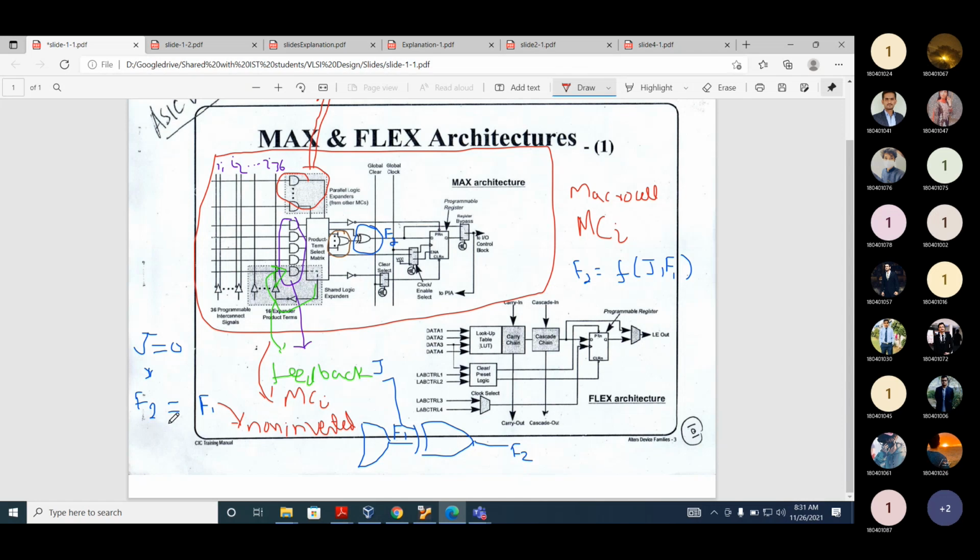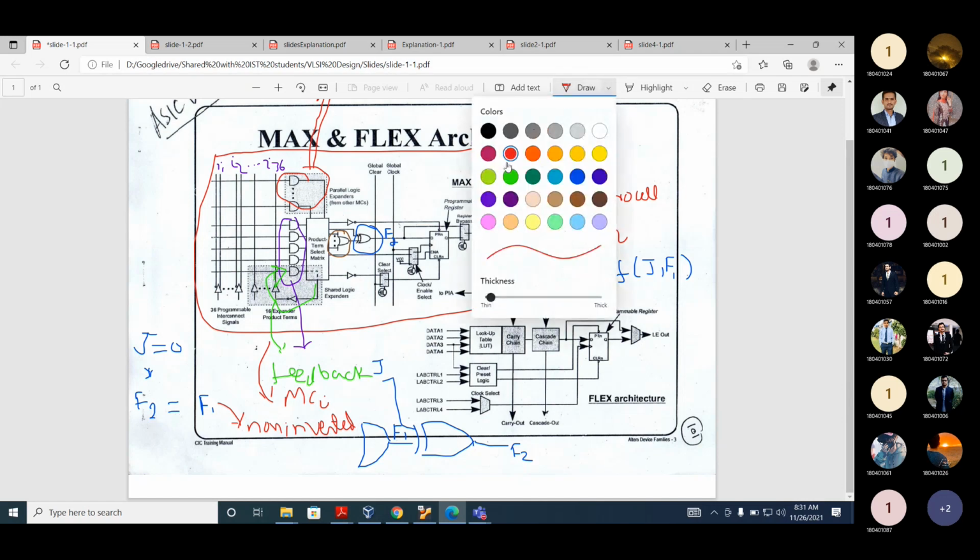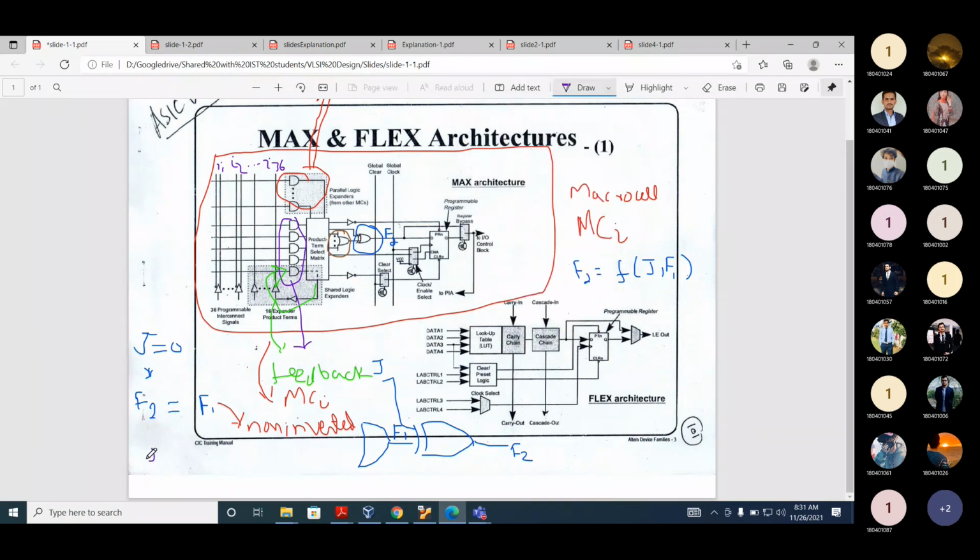And when J is equal to 1, F2 will be equal to the invert of F1. So it means now there are two logics. One is AND OR logic, and the other is AND OR invert logic.